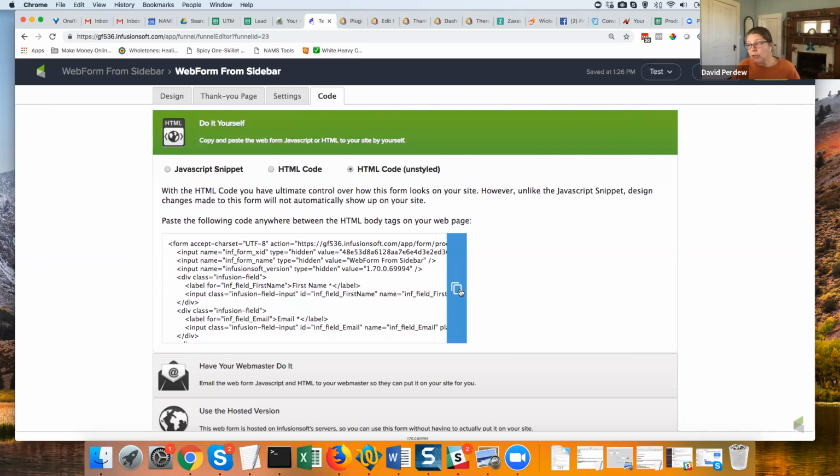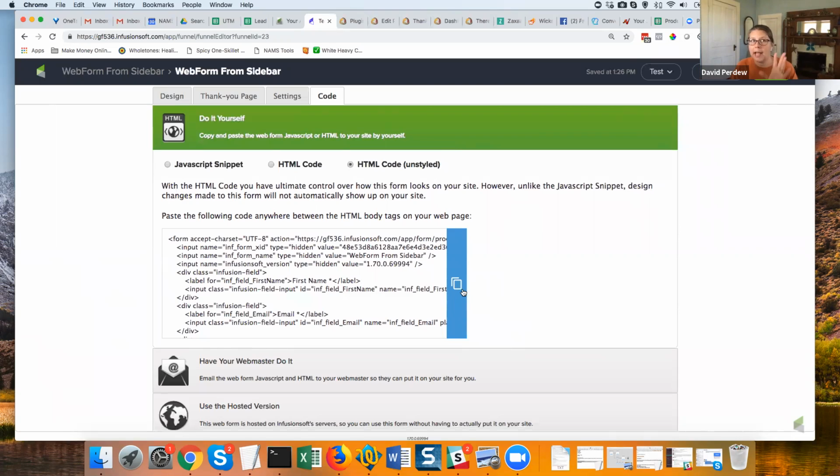Yeah, and I will tell you, and this is a little further advanced than I plan on going, but if you are in any way, shape, or form like me, where I know HTML, I can't write HTML from scratch, but I can hack the crap out of other people's HTML. I could actually copy this HTML code into a notepad, and I could go in and change my button copy. I could change the size, I could center it and things like that, because the framework of the code is here. And so if you know just a couple basic HTML things, then, hold